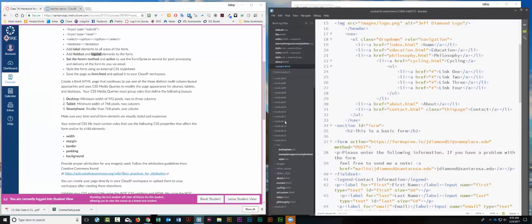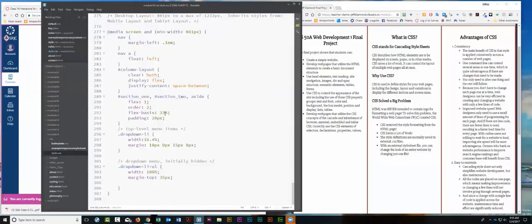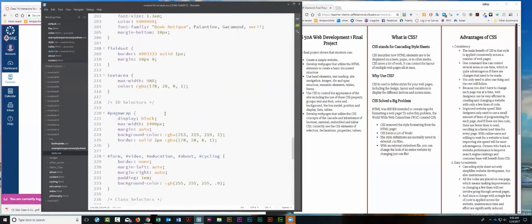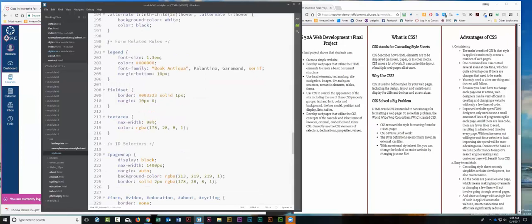When you look at my style sheet for this assignment, you will see that I've added some rules related to my form. Right here, form-related rules starting on 199. Okay, I have a legend rule. It set my font size. It set my color. It puts that margin around it. I have my field set that puts that nice border. That's what's responsible for making,